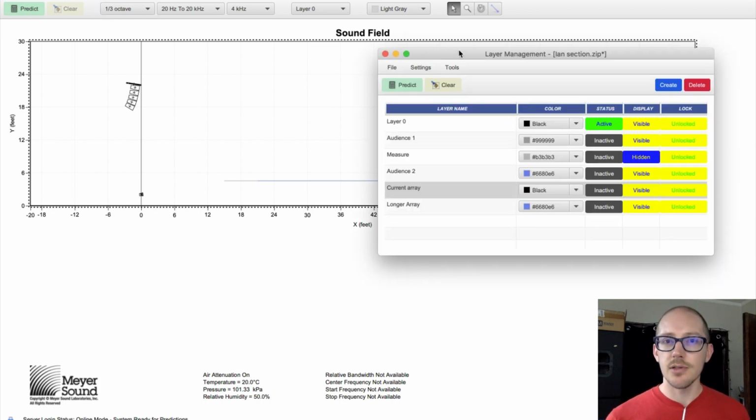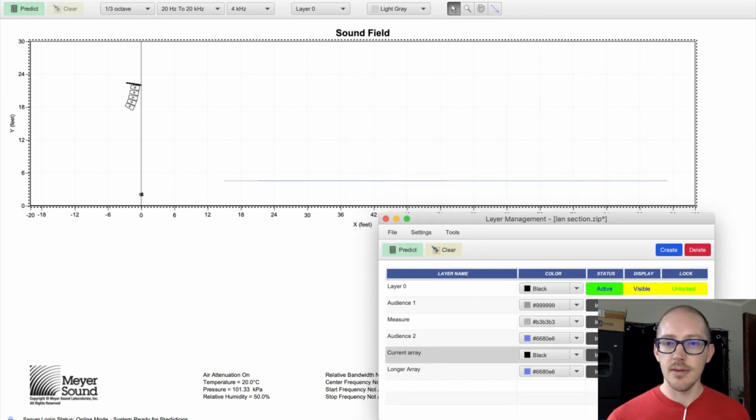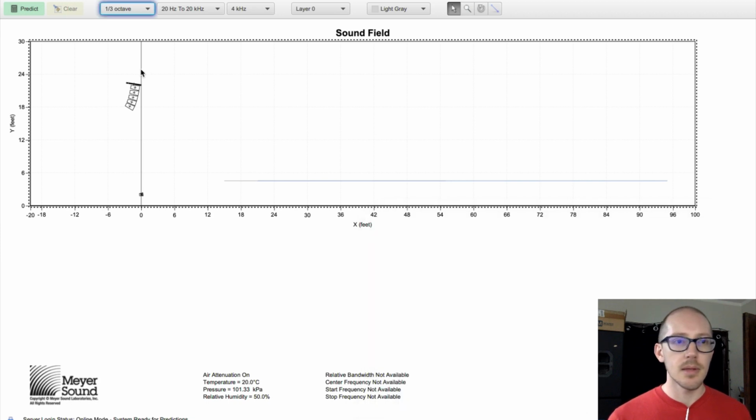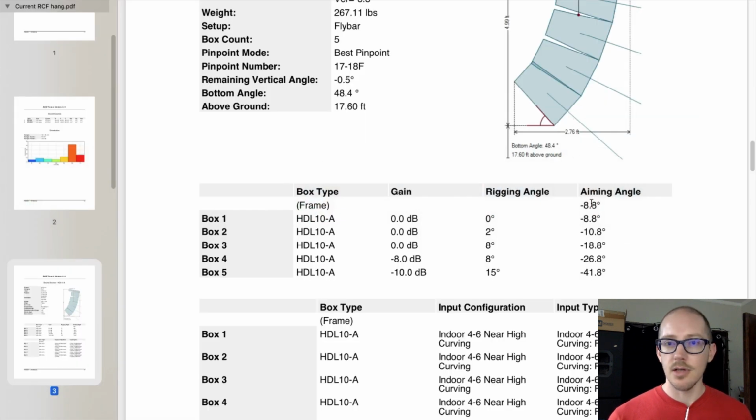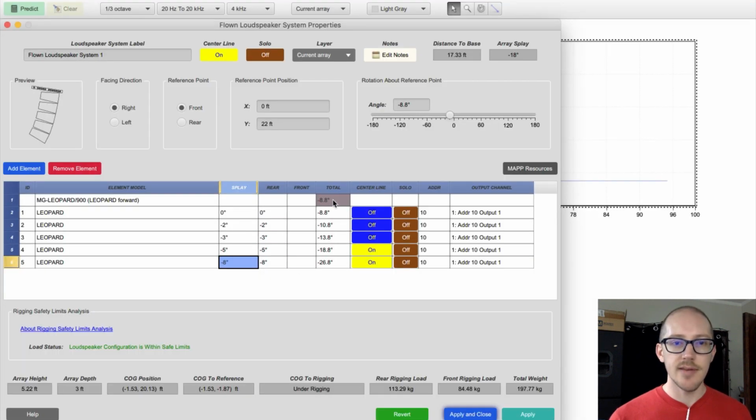So again, I've got your 2 audience planes here. I've got audience 1 and audience 2. And I'm just going to go ahead and look at audience 1 because it seems to me that that's what you have it aimed for right now anyway. Cool. So here's your array. Let me make sure that it currently matches to what you have. So negative 8.8 and then 28815. Negative 8.8, 2, 8,